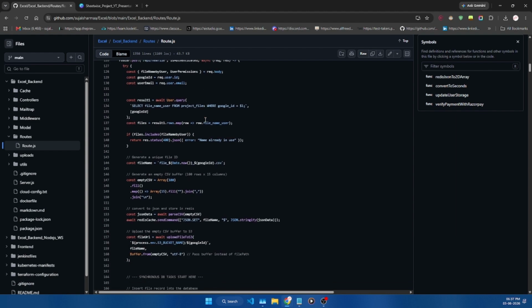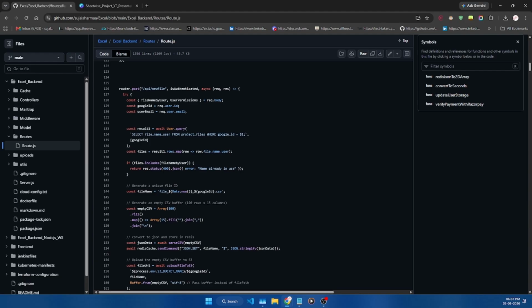All right, let's move on to the next route, which is API/new file. The purpose of this route is simple: create a brand new empty spreadsheet. It checks the database to ensure the file name requested by the user doesn't already exist for this user.